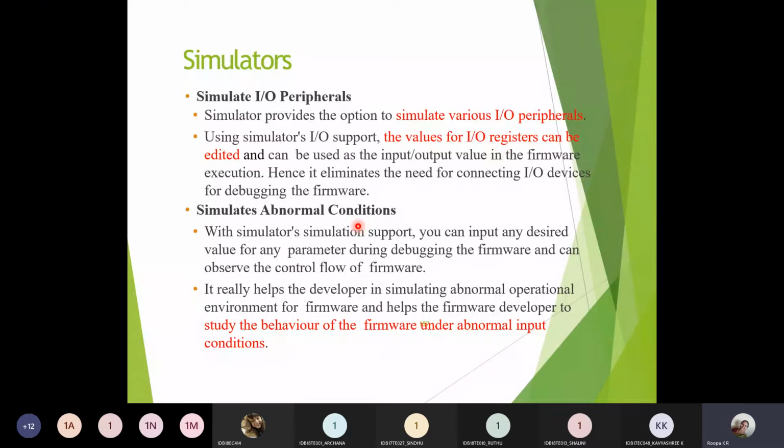In some cases, due to that abnormal output, there may be chances that the hardware components may also get damaged. But in case of the simulator, even if the input conditions are abnormal, you can get the abnormal output conditions, but there won't be any damage to the circuit here. So you can study the behavior of the software or the firmware for different abnormal input conditions as well.